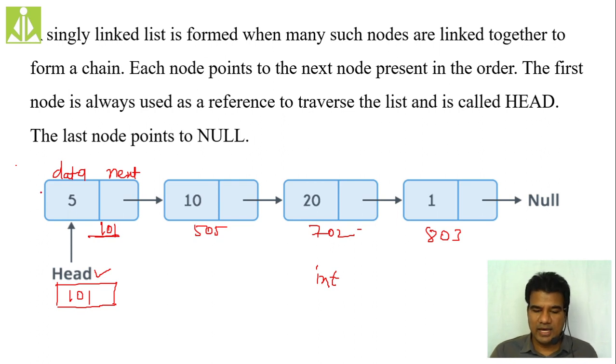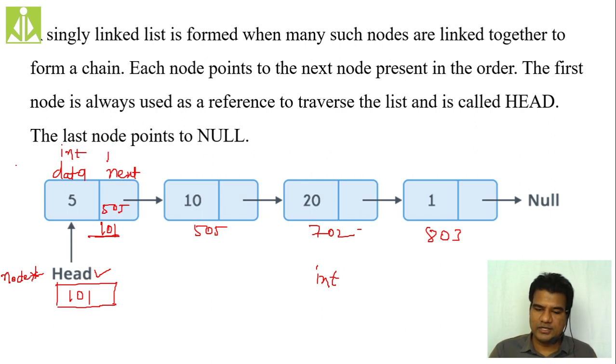Okay, so over here, as this list is of type integer, this data should be of type int. This head should be of node star. Then this is going to have the address of what? The address of this second node, this entire thing. So that 505 will come over here. And this next, what type should it be? As it is pointing to a node address, it should be of type node pointer.